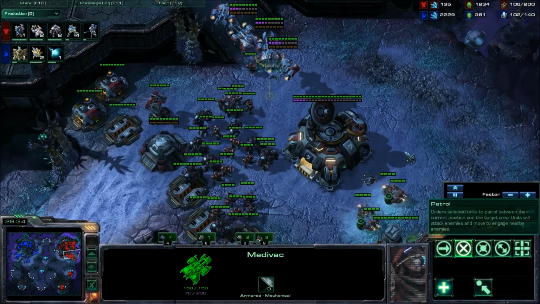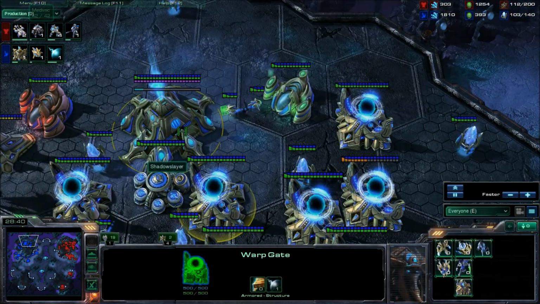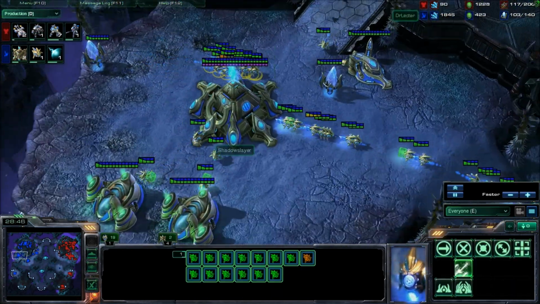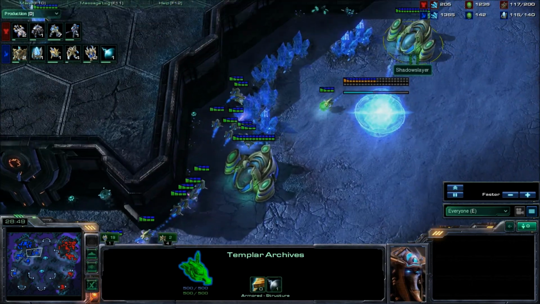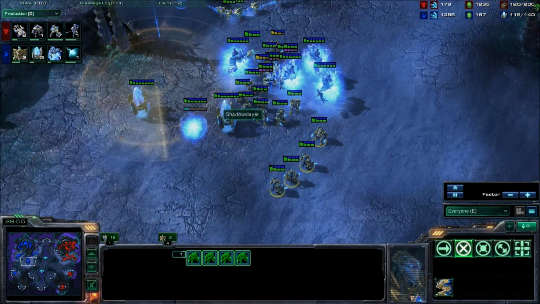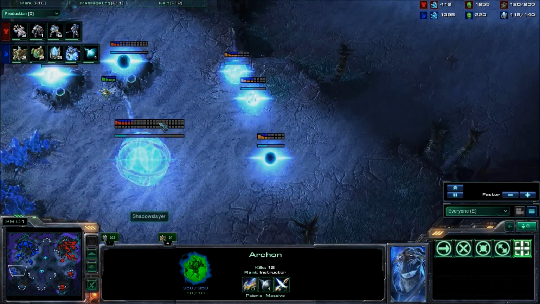Both players are just kind of recouping their losses, trying to re-macro up and just get their bases up and running, make sure that all their probes and workers are doing as much as possible. And we actually see, wow, a ton of minerals by ShadowSlayer, so we're more than likely going to see a ton of Zealots warped in. Scans are being put down by DrLector to make sure there's nothing crazy going on,